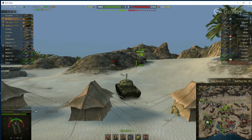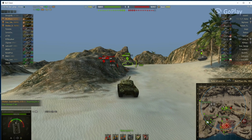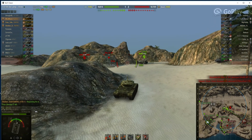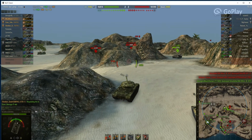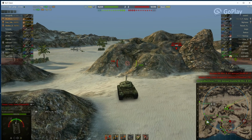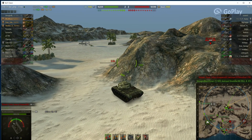Now unfortunately my timer isn't actually working on my replays here, but that was at about 35. So based on my numbers, it should be around 10 seconds left that I would be reloaded. The 50B would be about 10 seconds after that. So there's my reload